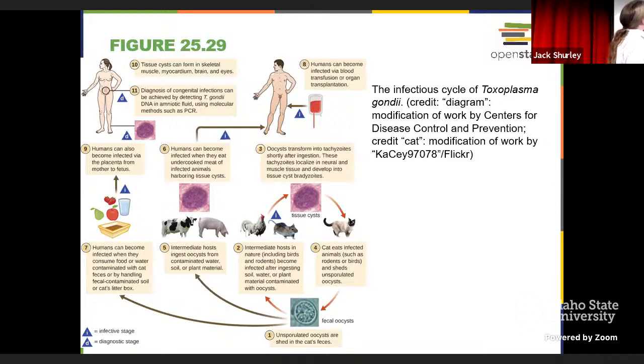All right, so we consume this meat poorly cooked or undercooked, maybe raw, and it sets the stage for those cysts to become ingested by us, and we can get infected that way. So these are infectious routes. So eating poorly cooked tissues that were infected sets the stage. And we have also recognized issues through blood transfusions, where in this case, it would be tachyzoites in the circulation that are within the transfused blood, and that's what causes infection. So there are opportunities for that as well.